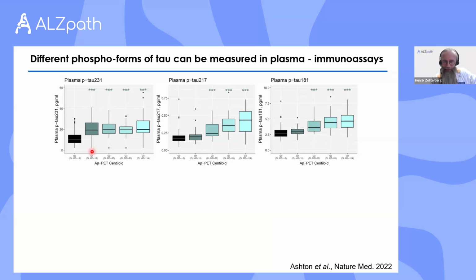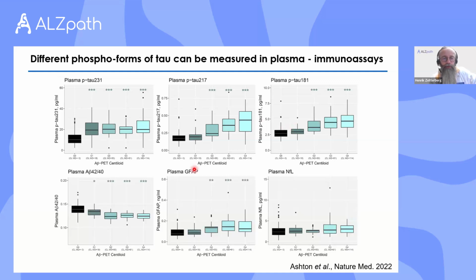So in not just this study, but in other studies, it looks like tau phosphorylated at amino acid 231 reacts relatively quickly to amyloid, and then it doesn't increase much more. Whereas tau phosphorylated at 217 has this type of increase with disease progression. And 181 comes out as a good biomarker, but often it ranks a little bit lower than 217